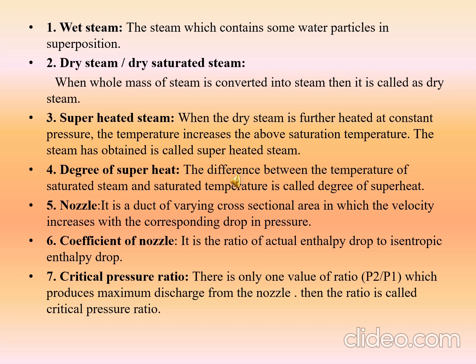What is happening inside the nozzle? In the nozzle, the fluid enters the variable cross-sectional area with small velocity and high pressure and leaves it with high velocity and small pressure. That is the main function of the nozzle. Why are we using the nozzle? Because whenever we want high velocity, at that time we are using a nozzle. Like in steam and gas turbines, in jet engines, in rocket motors, in flow measurement, and in many other applications we are using steam nozzles.